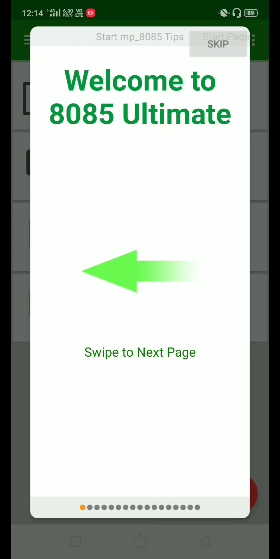After clicking allow, first of all you will get a demo or some tips that you should know before using this particular simulator. If you know the details about the simulator, then you can skip. Or if you don't know how to use this simulator, you can swipe this page to the left-hand side. One by one you can check the steps to load the program and how to execute it.